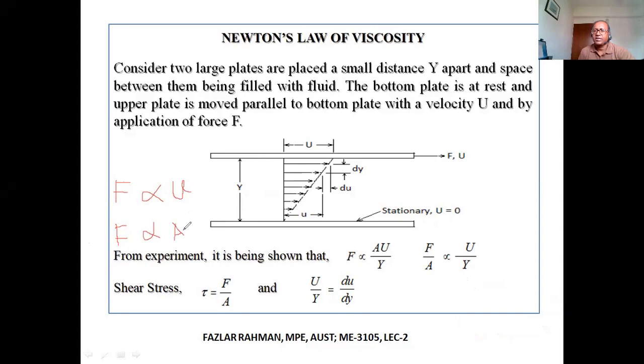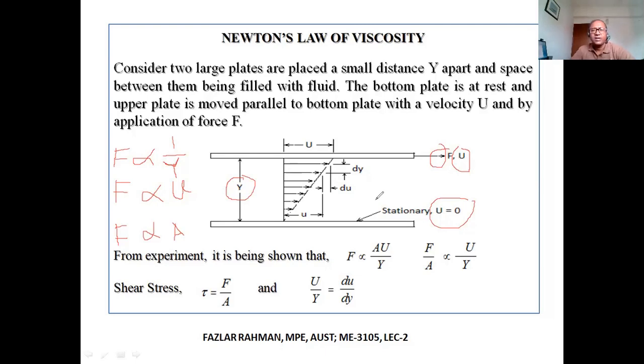Other thing, if the height decreases, you need to apply more force. If height increases, you need to apply less force. That means F is inversely proportional to the height of water, which will be y. So you see what Newton did: he kept the bottom plate at rest, stationary, u is 0. Then he tried to move the upper plate with force F and velocity U. And the height between the plates is y, and the gap between these two plates is filled with some kind of